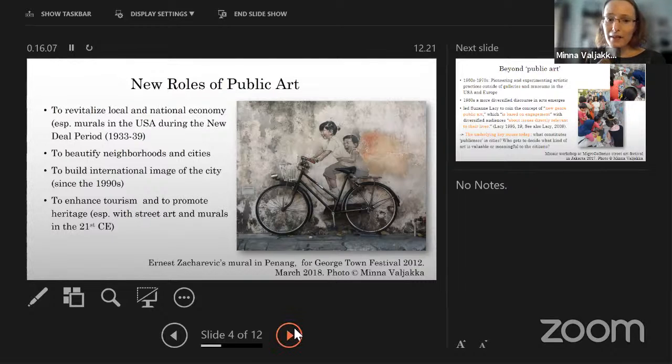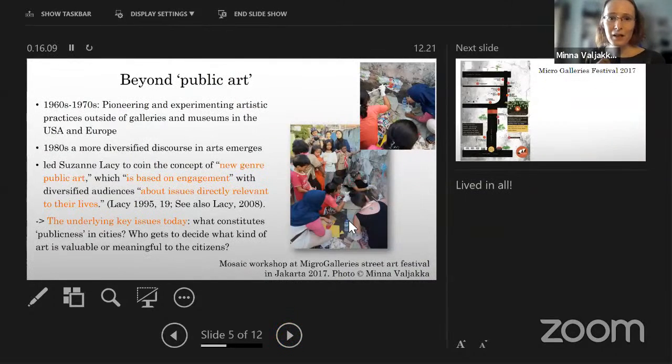But there's a bit of different take. So there's also a bottom-up trend in public art. So besides the top-down, there is a bottom-up way to approach public art. And hence, it kind of goes beyond the original idea of public art. And this trend is